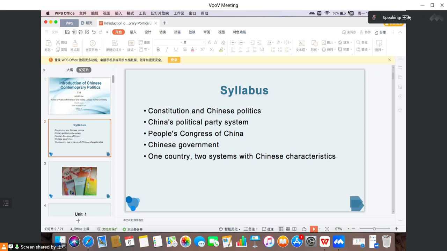In 1978, Deng Xiaoping pushed the whole of China to develop, putting the focus on the economy rather than the political problems. I don't know whether you can understand the history from 1949 to the 1980s.